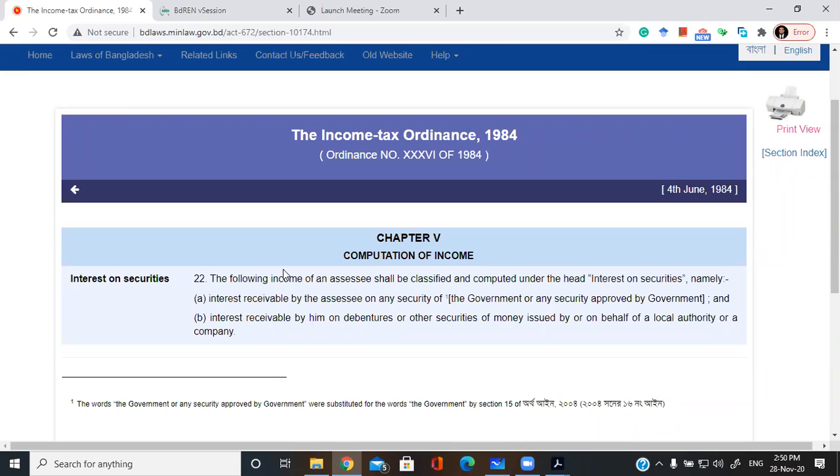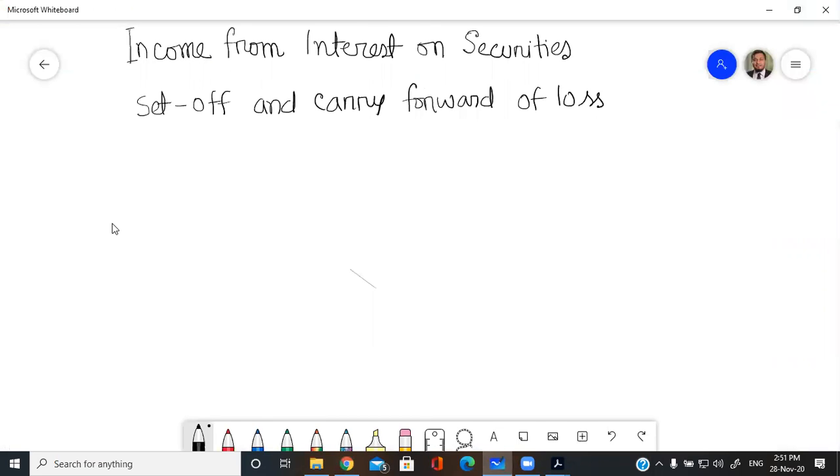So in that case, to show their interest income in their income tax return, you need to know how you can present their interest income, or any SSC who has interest income in the income tax return. Okay. So in general, if I like to write in bold, in general, government